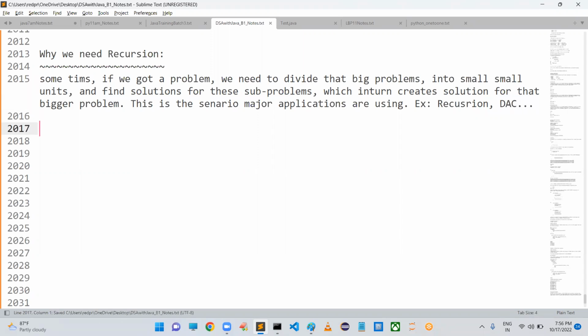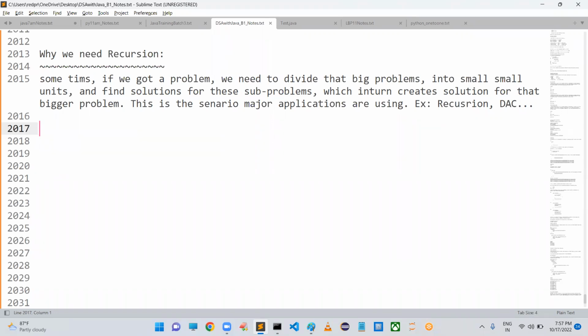So why we need recursion: if the problem is unable to be solved, we can divide that big problem into individual steps, and find a solution for these smaller problems, which internally gives the solution for the bigger problem. That is the concept of recursion.